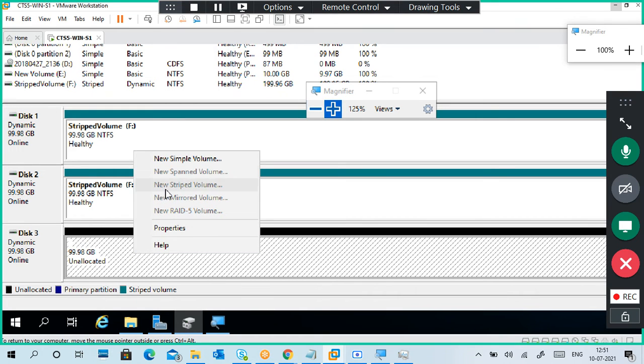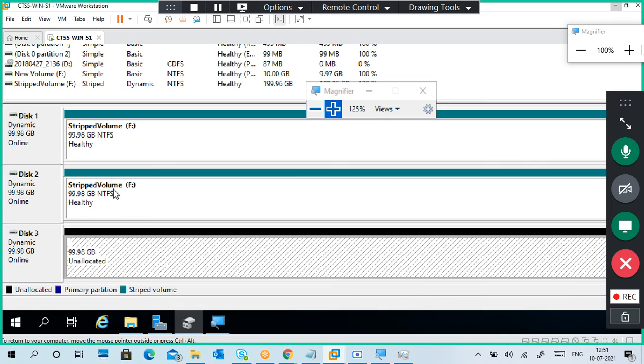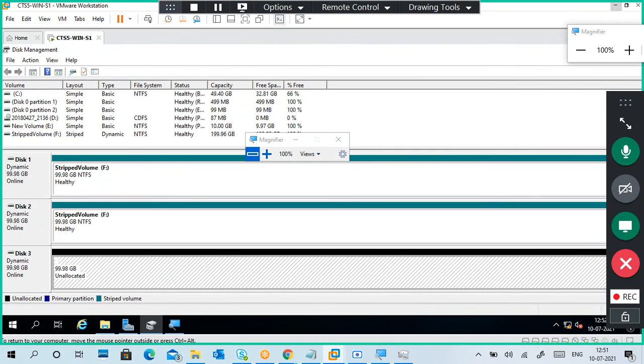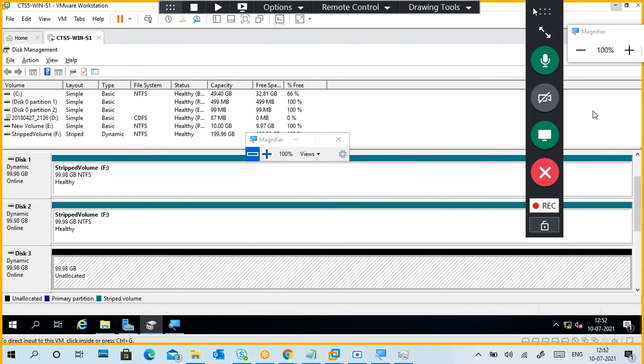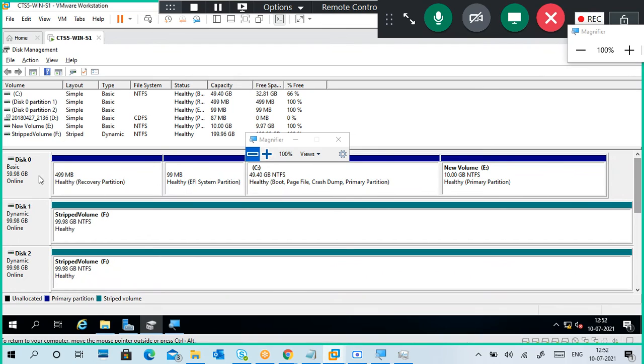Sir, what if we select disk 0? If you select disk 0, it is a basic disk and it contains the operating system. If you accidentally select disk 0, no problem, but a problem comes when you want to change the operating system, because it's not meant for a dynamic connection.